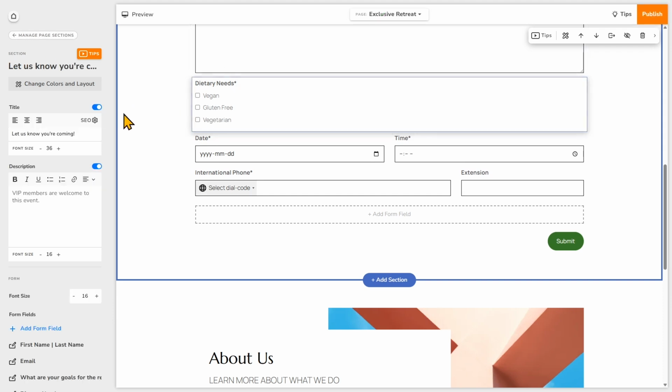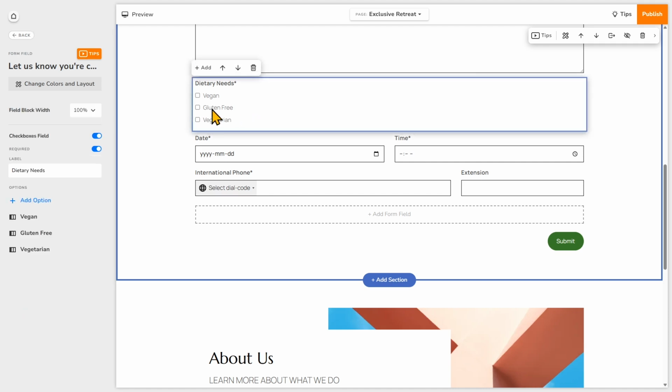So we'll see we made those changes here. I'm also going to make this field block width 50%. So I'll click on that again, and you'll see we have that option for all of the fields.